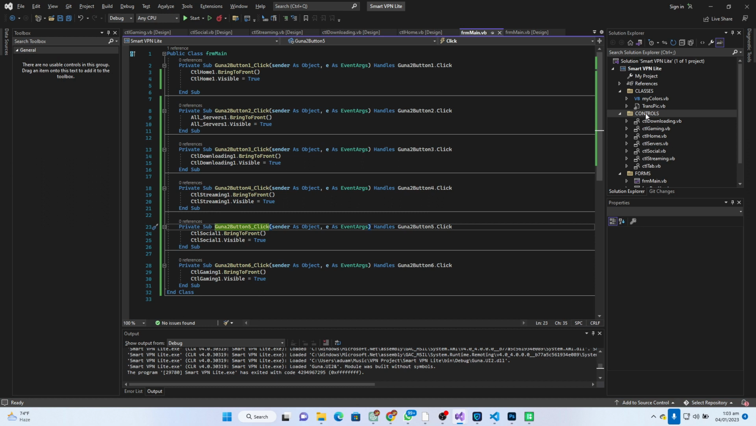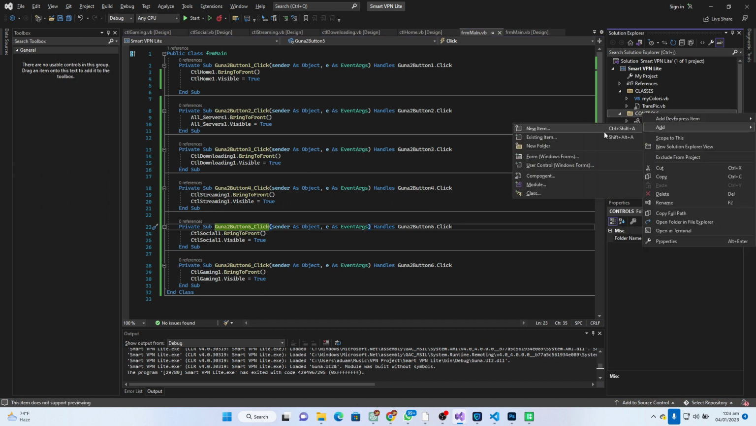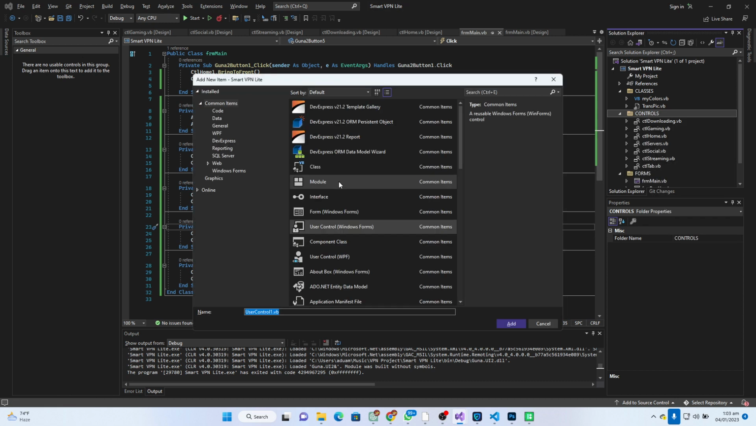So we just have to add a control, or we can use a form, depending on what you want to do. It's really important. If you want to use a control, you can do that. If you want to use a form, you can also do that. In my case, I'm just going to use a control, a user control, and I'm going to call it ctl login,